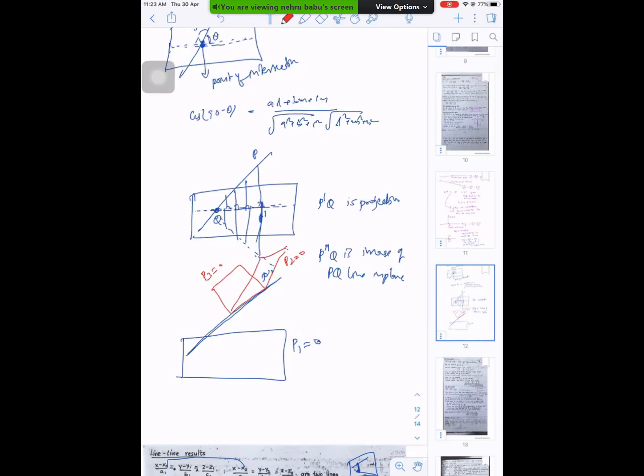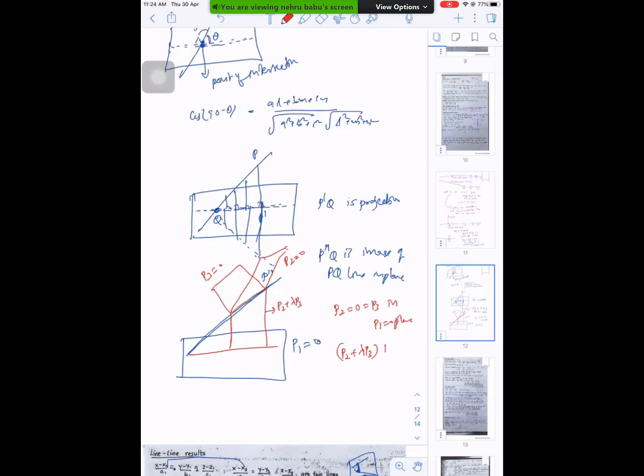If they are giving a line like this, P2 equal to 0, P3 equal to 0, how do we find the projection of P2 equal to 0 equal to P3 in the P1 equal to 0 plane? So we should use the family of planes. P2 plus lambda P3 plane should also lie on the same plane. So we take P2 plus lambda P3.